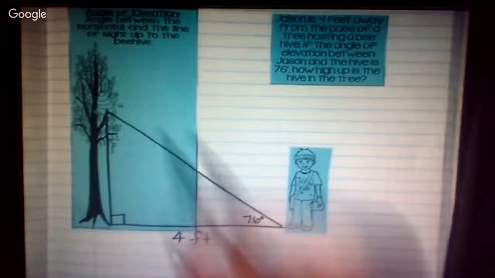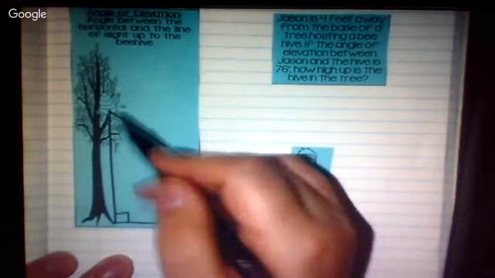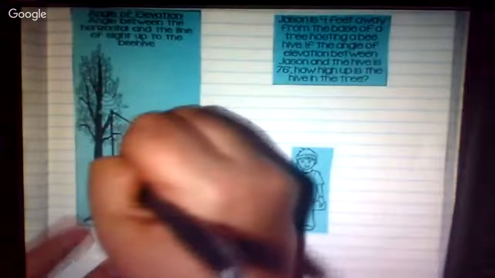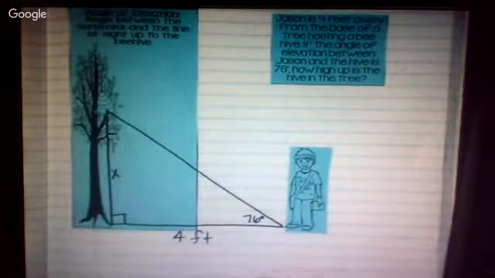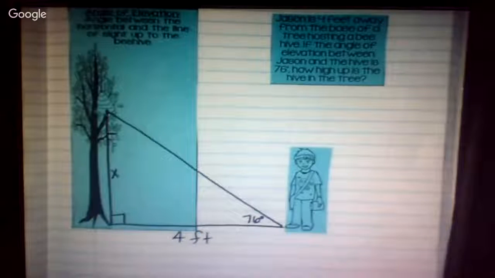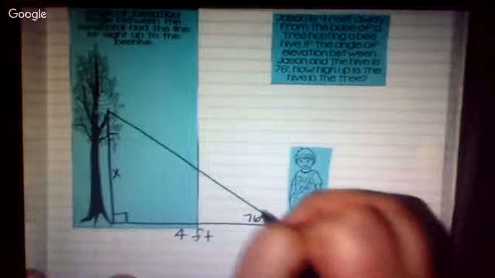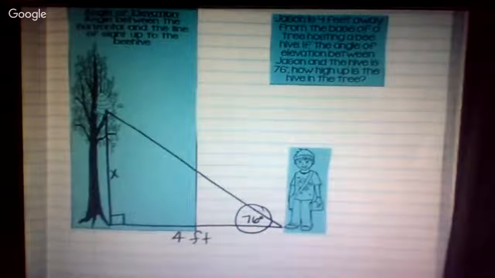The adjacent one. No, the height. I'm looking for this side. Yeah, that's what I call it, Jason. That's actually your opposite according to your reference angle. Oh, my fault. Okay, so if this is my reference angle down here, X is my